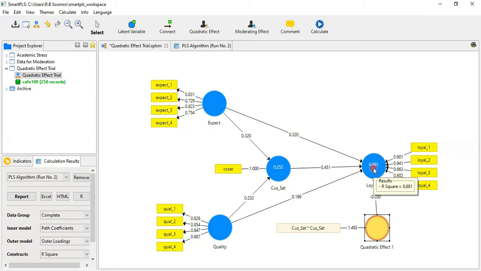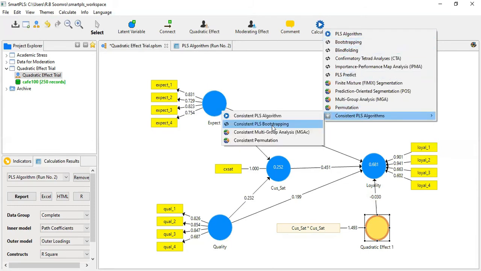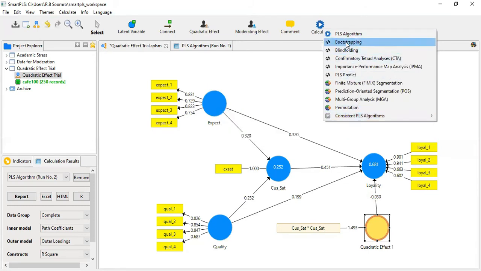Now we are going to check whether all these impacts are significant or not. Again, we have to go through bootstrapping. The same criteria we can follow; all our variables are mixed, so bootstrapping is good.